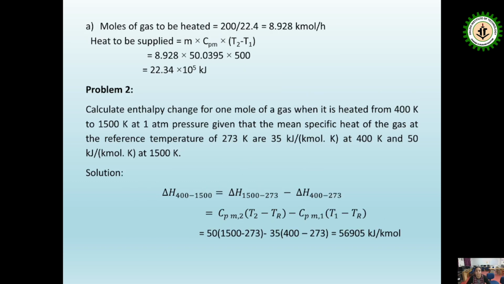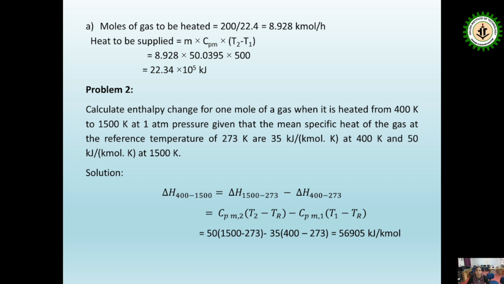So we all know that at STP 1 kilomole of any gaseous substance occupies 22.4 liter volume. So 200 meter cube divided by 22.4, it will give the kilomoles at STP condition. So it will come